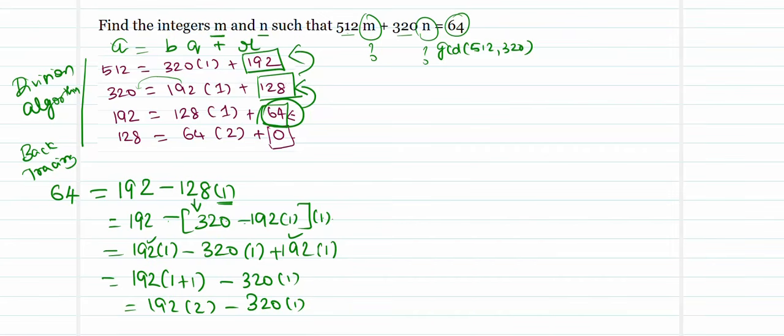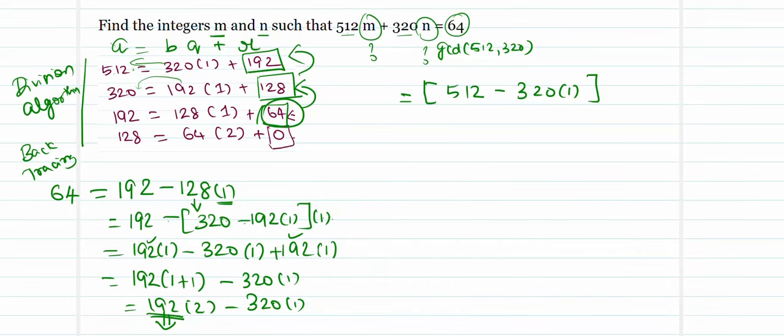So step 3, what is the last remainder to be replaced? 192. How is this 192 replaced as? By the quantity towards its left. What are the quantity towards its left? 512. Bring this to the opposite side, minus 320. And where is the value to be replaced? Here, this 192 to be replaced. So I can replace this 192 as 512 minus 320 times of 1, and now this 192 alone has been